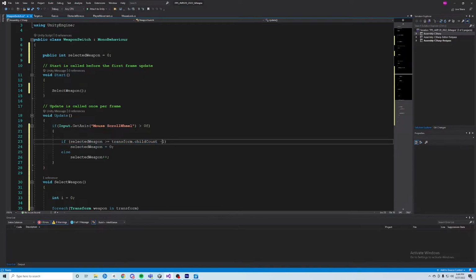so we have to subtract 1 from the total count. So we'll say if the selected weapon is more than the total count, so let's say we have 2 weapons in the list, and we mouse scroll up on the second, when we have the second weapon selected, and we go to the third weapon, if we don't have a third weapon, then the selected weapon instead is going to go back to the first gun in our list. Otherwise, we are going to add to the selected weapon integer,